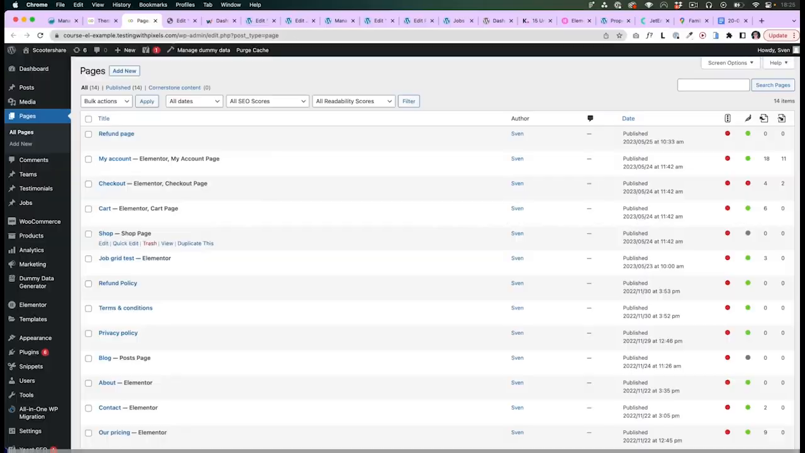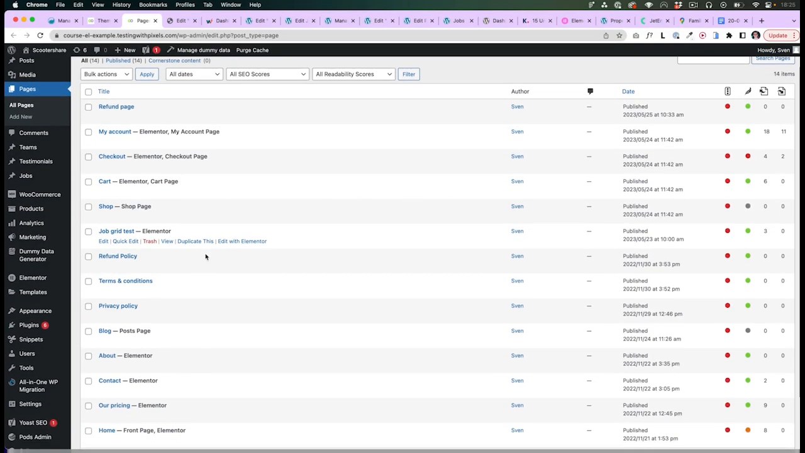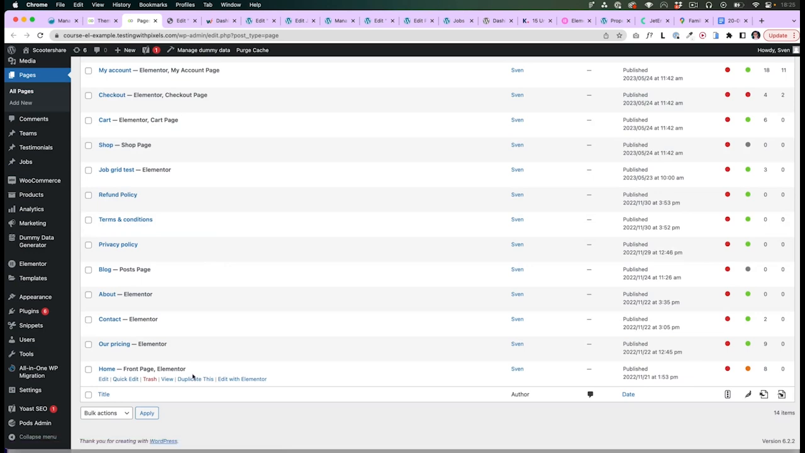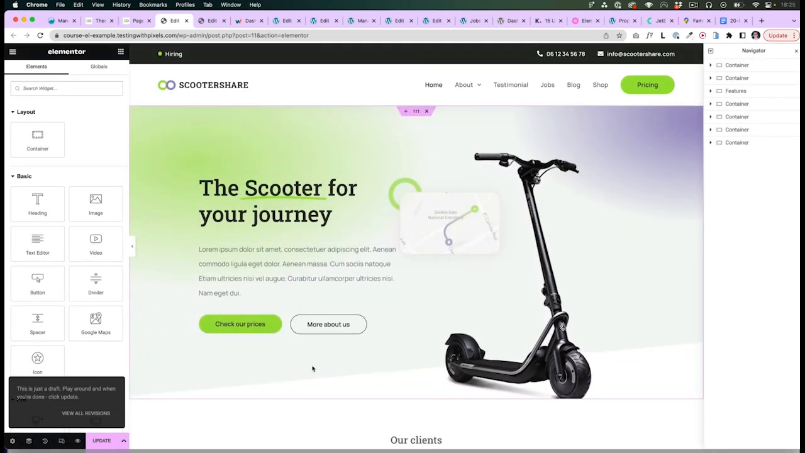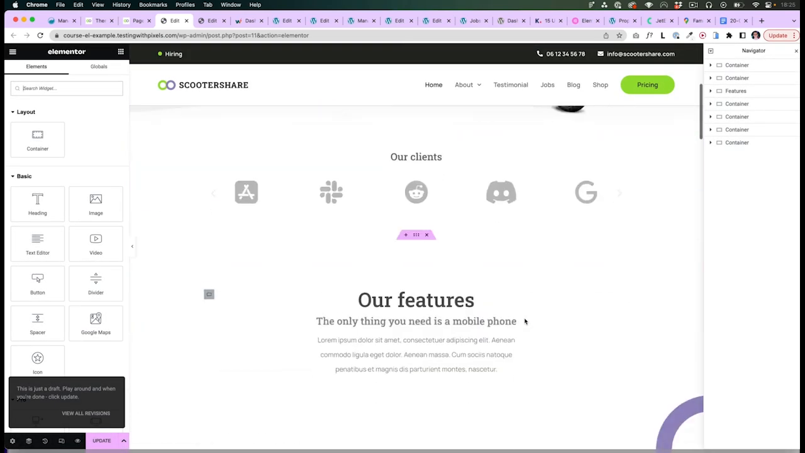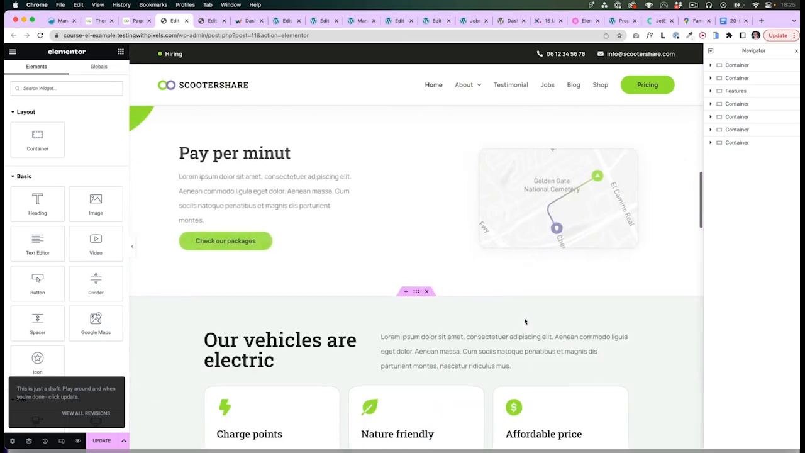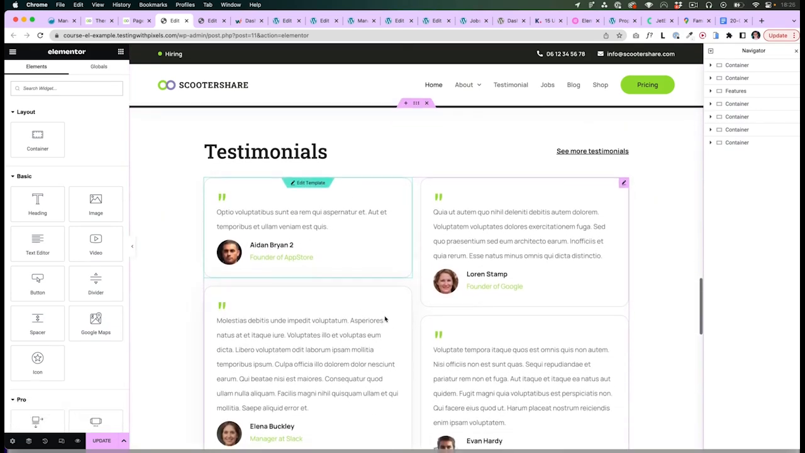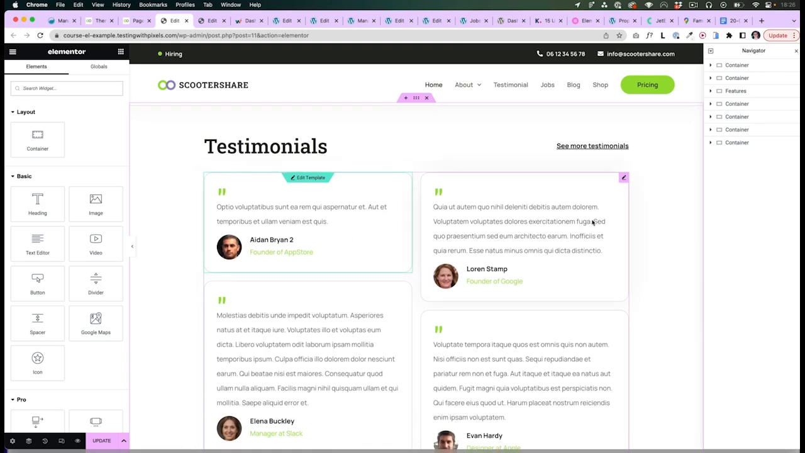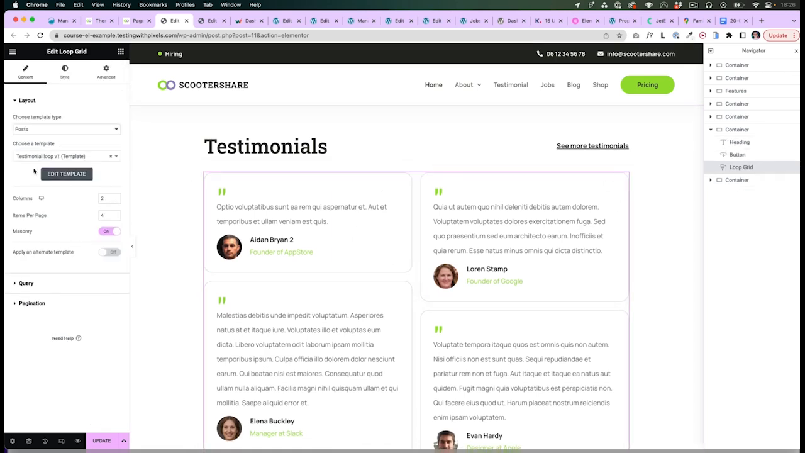or in a real example. I'm going to go to my website and I'm going to just open a normal page. So let's go to the home page. For example, I'm going to open that with Elementor and I will show you how I've done that. So again, this is just a normal page with a lot of static content, nothing dynamic. But then if I want to display a list of dynamic content, so for example, the testimonial section, then I have to use the loop grid widget,